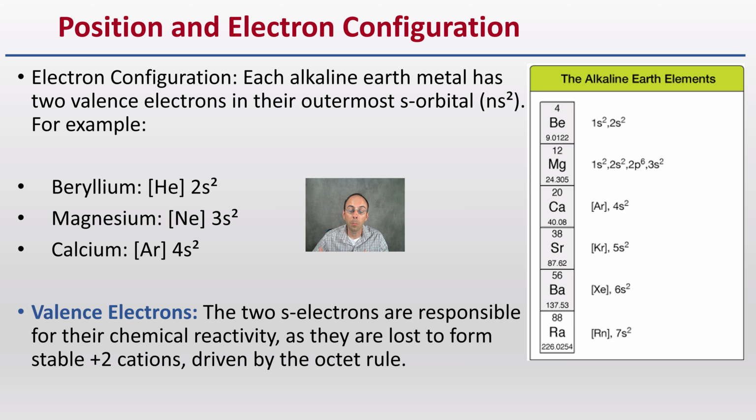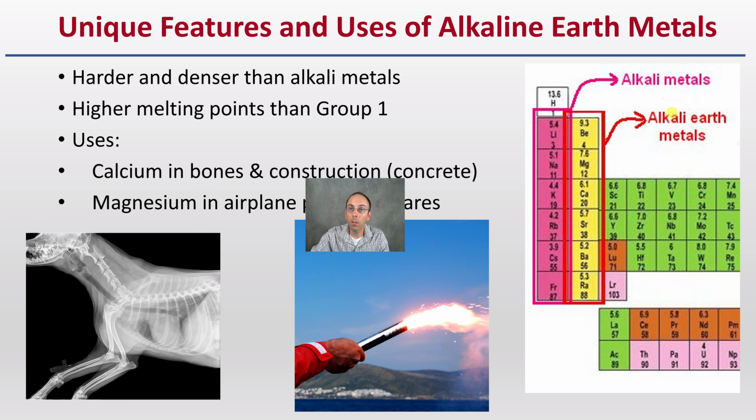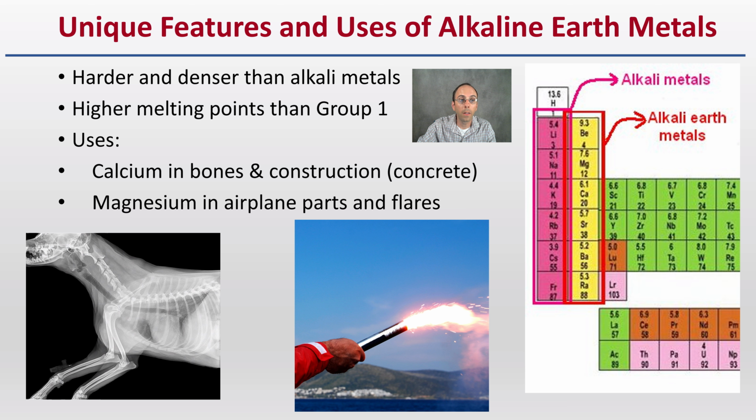And this allows us to be able to go through and have some degree of reactivity because it's got to get rid of 2. But a little less reactive than those alkali metals that are just trying to get rid of 1 pretty violently. Some unique features and uses for our alkaline earth metals are that they're harder and denser